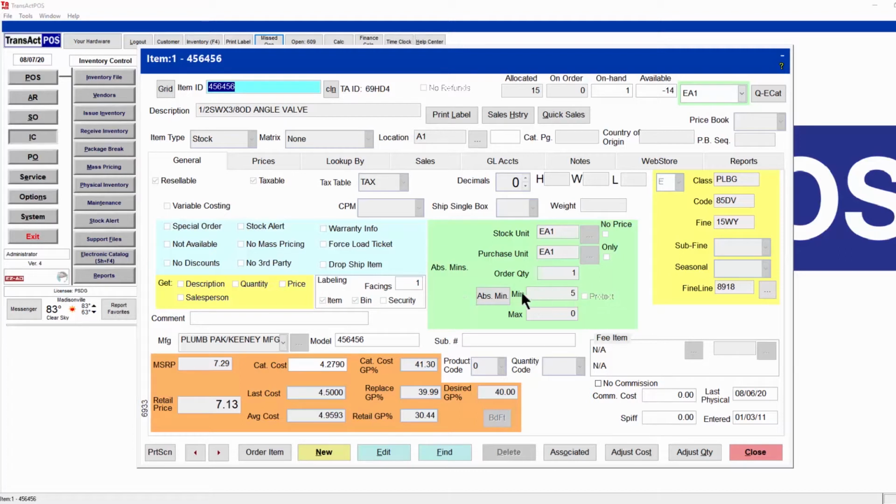So here we can see a field for our min, our max, and order quantity. And we have this button for absolute mins, which we will take a look at. But the min for this item, for example, is 5. So quite simply, if we ran a reorder report for this item, and we'll take a look at that in the next video, if the min is 5, we take a look at our on hands. So when this on hand value dips below the minimum, that is when this item will show itself on the